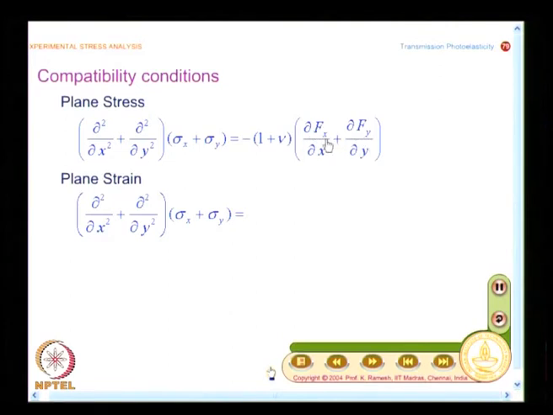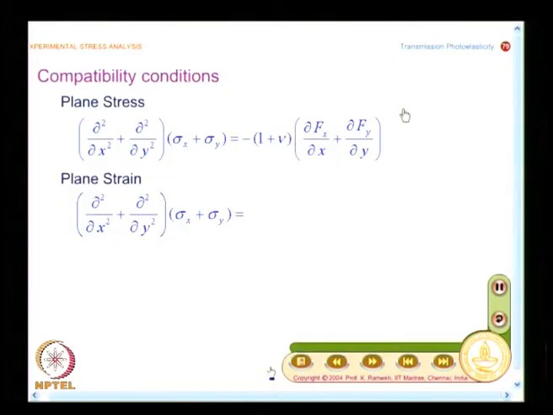And one of the simplest assumptions we make in most of our problems, except civil engineering problems, is that we can consider the body force to be constant or 0. When it is constant also, the right hand side vanishes. Suppose the right hand side does not vanish, the compatibility condition is a function of what? It is a function of